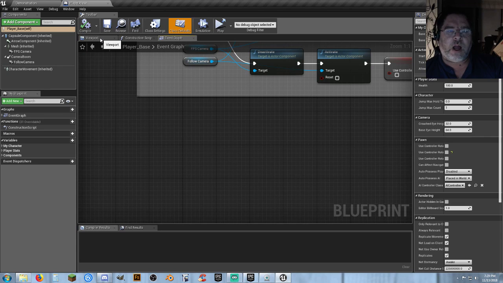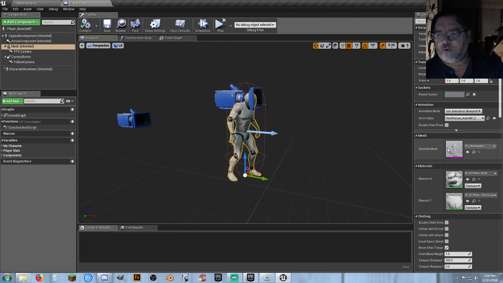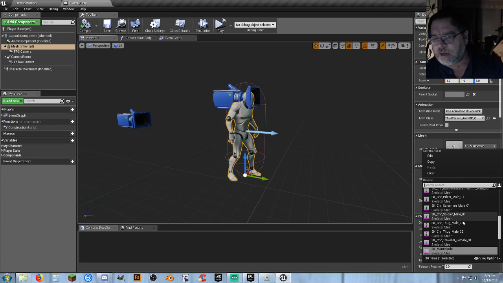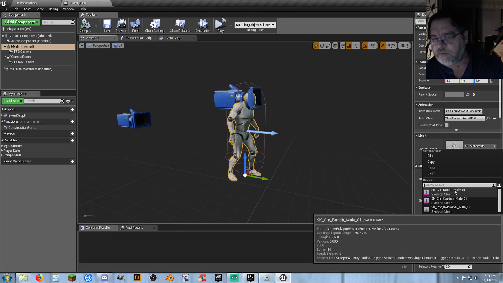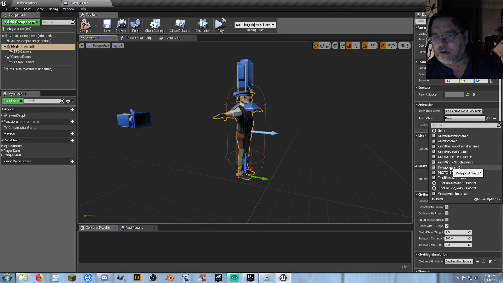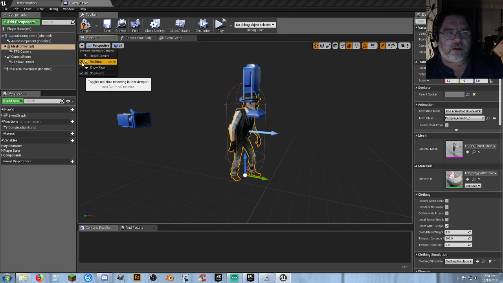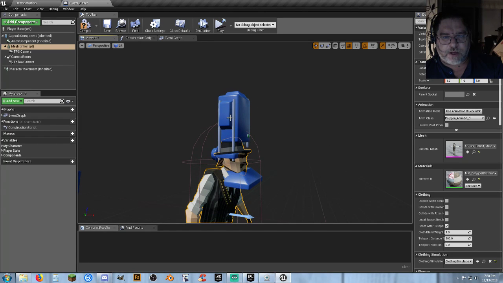Here, save all again, go to my character blueprints, and now I can just jump right in here. I'm not going to do a lighting build on camera, I'll do that off camera. Click mesh, viewport, come over here to my skeletal mesh, and what was the guy called? Bandit male, right there, the very first one. And then I'm going to select the animation class as my polygon,